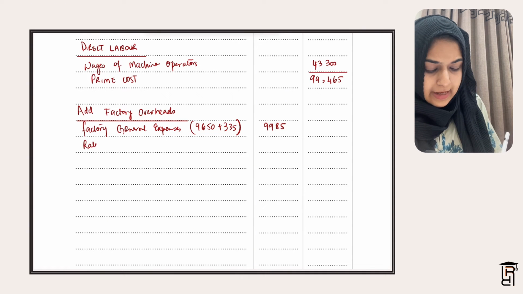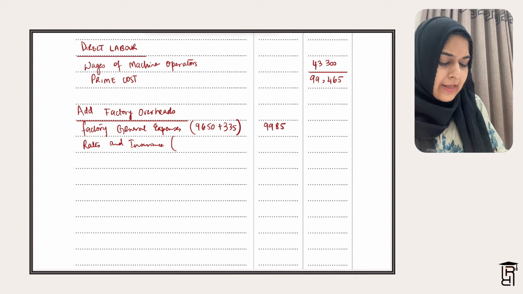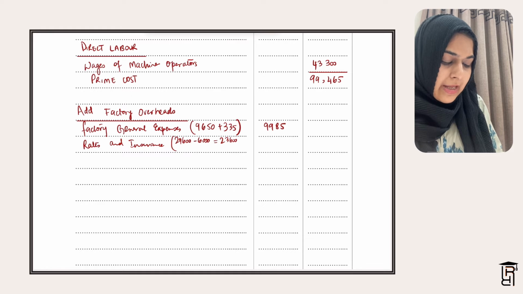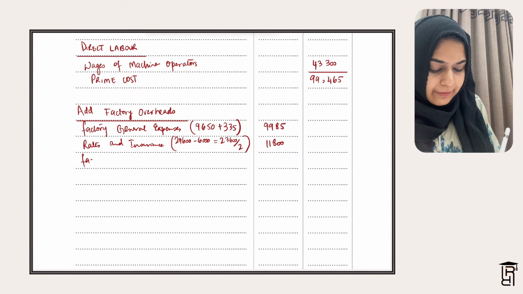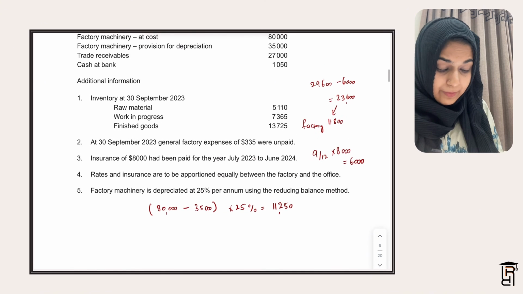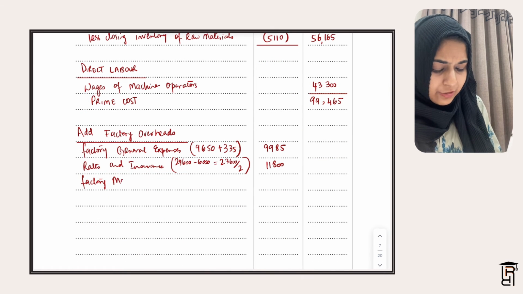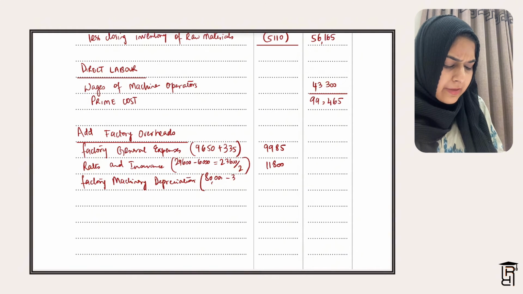Then I write rates and insurance. And rates and insurance, we did the calculation. It was 29,600 minus 6,000. We got 23,600, and we divided this by 2. So we got 11,800 for our factory. Then we need to write factory machinery depreciation. So I write here factory machinery depreciation. I show the working: 80,000 minus 35,000 multiplied by 25%, and I get a value of 11,250 for my